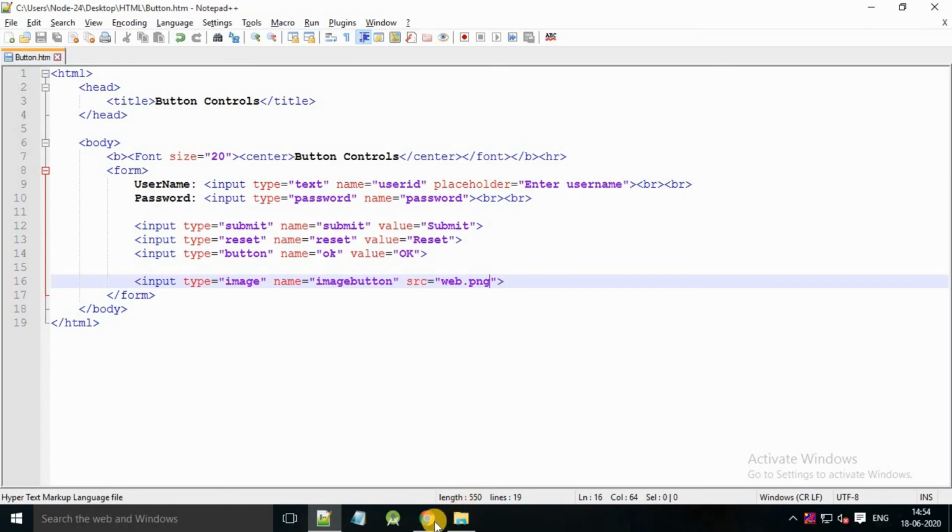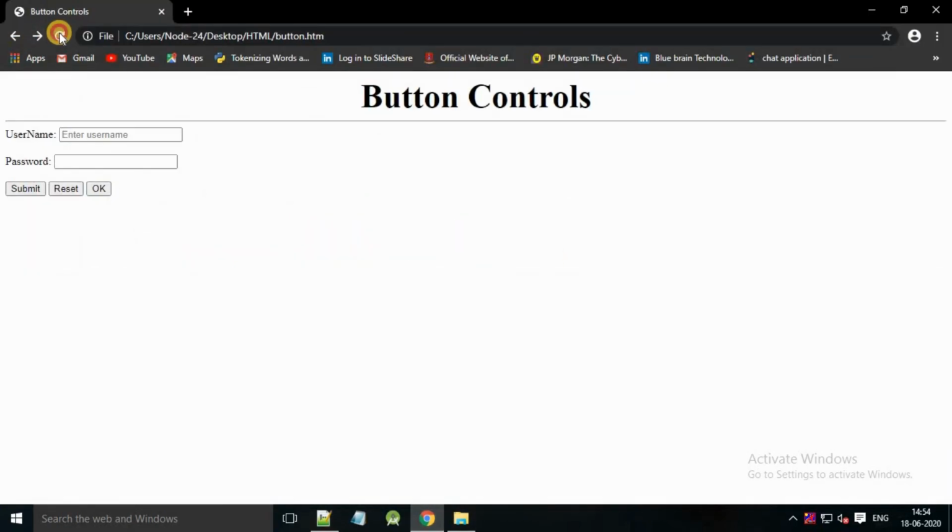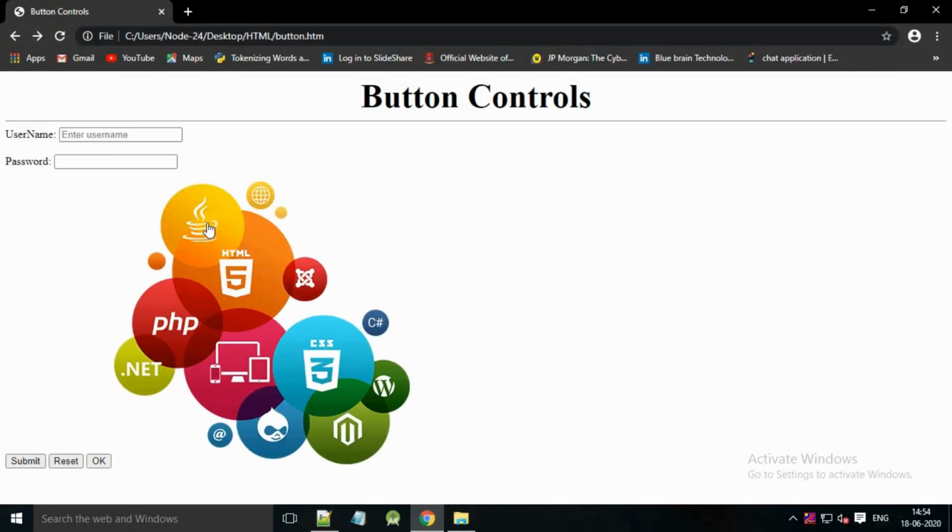Name here created web.png and refresh your page. So here will be that image applied for a button. This is created a clickable button, but we can use an image as a background of a button.